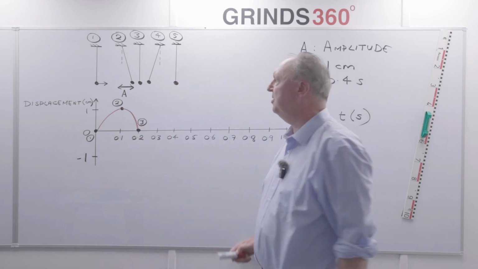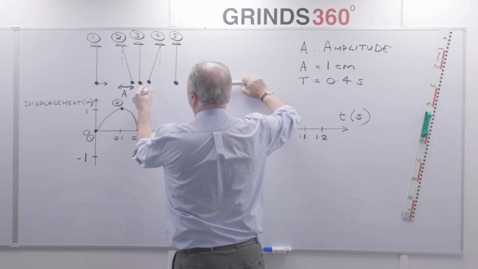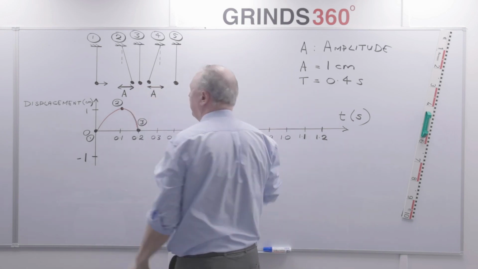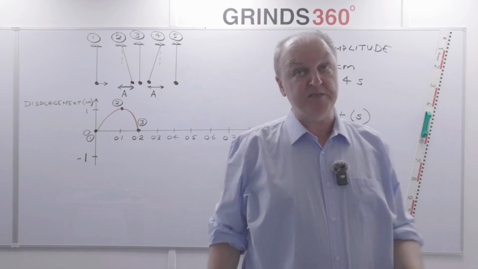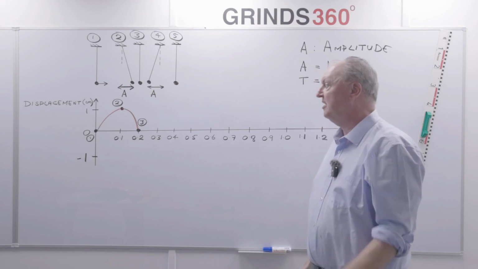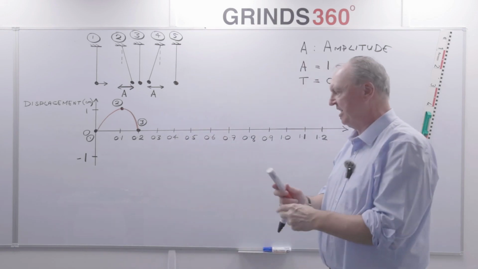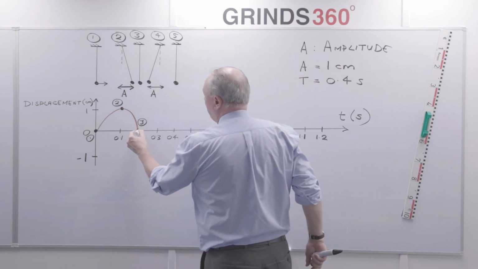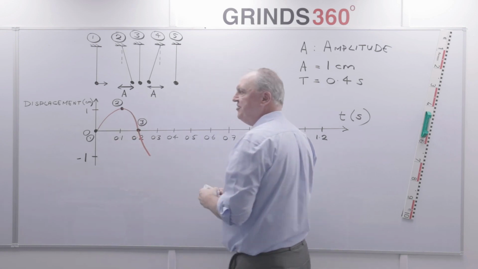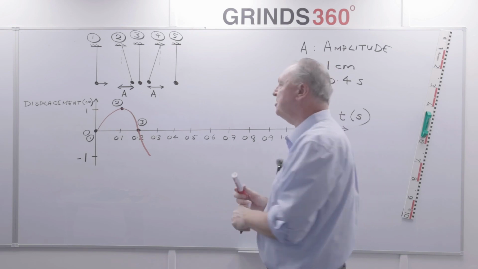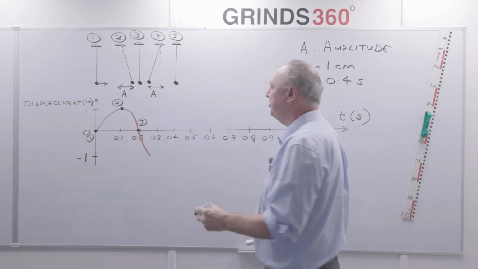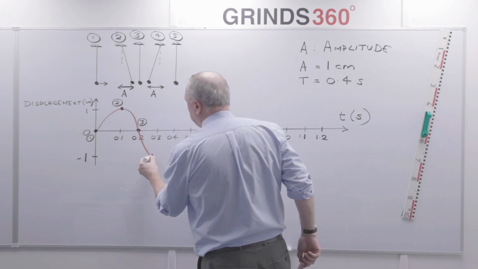Now what happens? Well, next thing, it starts moving out to the left. It moves out to the left, and once again, its maximum displacement to the left is the amplitude. Now, because it's moving to the left, I'm going to have to show it going under the x-axis. So over the next 0.1 of a second, it goes down to minus 1 centimeter. It's minus because it's going in the opposite direction. But the amplitude is always the absolute value, which is 1 centimeter. So right down here, I have